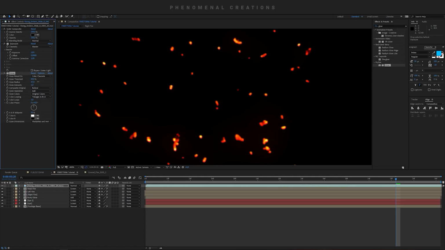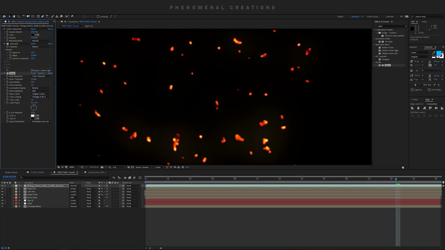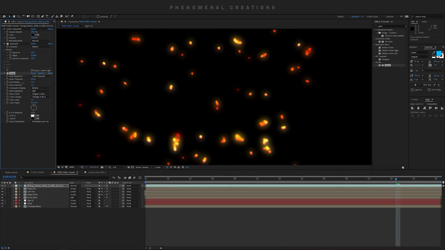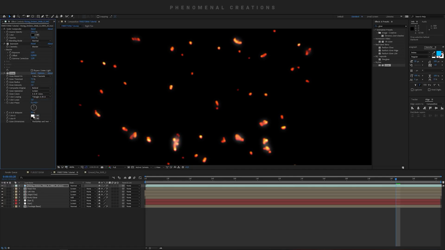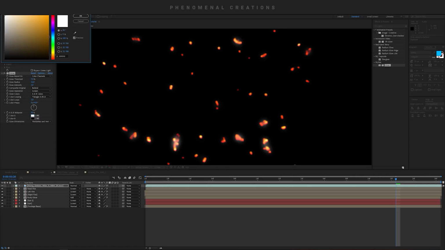Then let's go ahead and find our glow, and here's why we can pretty much just copy, because the glows are so different. Because the particles are so small, you can see the glow just disappears. So you just have to have a really little amount of glow. And then let's go ahead and do the same thing. Let's make this screen. Let's take the A and B colors, orange, and this reddish color